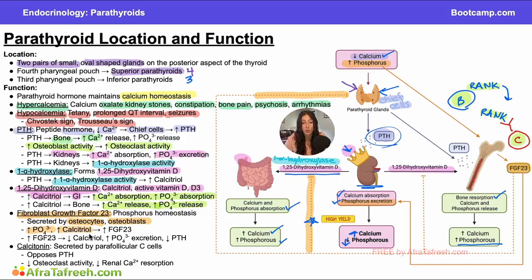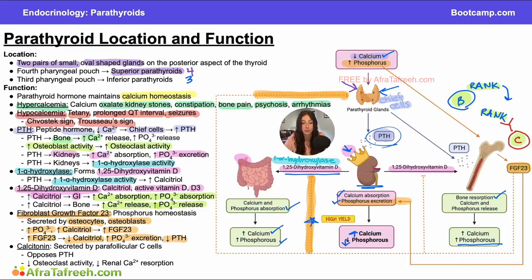Increased phosphorus or increased calcitriol is going to stimulate the release of fibroblast growth factor 23. The net effect of FGF23 is going to be decreased calcitriol, because we decrease the activity of 1-alpha hydroxylase, as well as increased phosphate excretion. We are increasing that phosphate excretion at the kidney, and decreased parathyroid hormone. We are decreasing the parathyroid gland's activity and secretion of PTH, so we are going to have low levels of